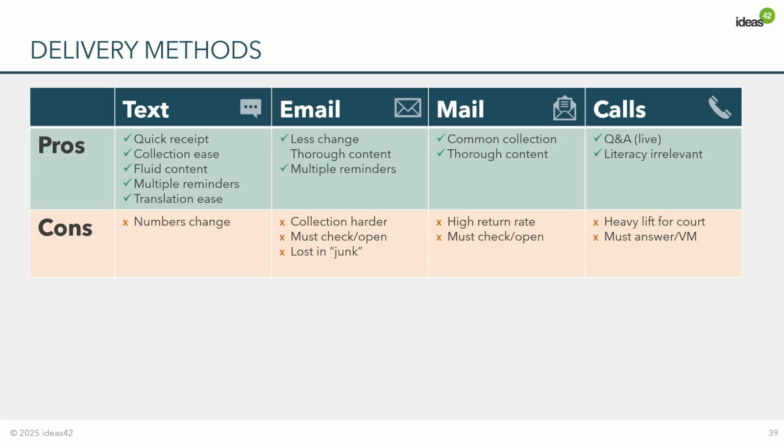All right, so when it comes to delivery methods, you do have options. We've got text message, but we also have email. You have traditional mailed notices. You can make direct phone calls. Which one is best for your courts will depend on what's feasible for your courts and what kind of contact information you have access to. But in many courts, the best case scenario will be a combination of methods, so that you can reach folks regardless of what type of contact information you have.